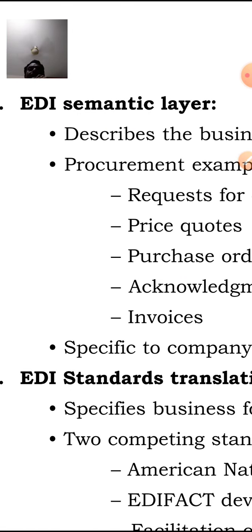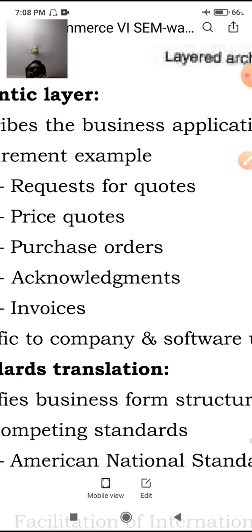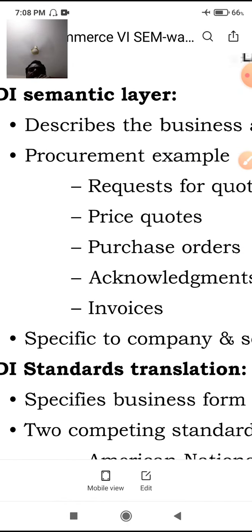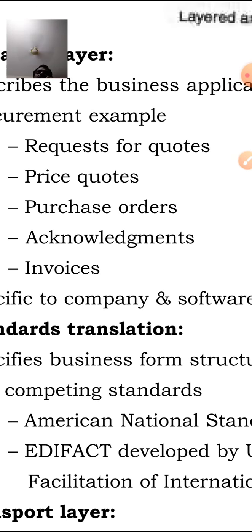In the front end, the customer will see the total information about that particular e-commerce business, and what type of items they are purchasing. All this basic business information will be displayed on the screen or at the home page. So this total information is displayed with the help of the EDA semantic layer. That's why it describes the business applications. And procurement, for example, means request for quotes, and this layer will take the quotations